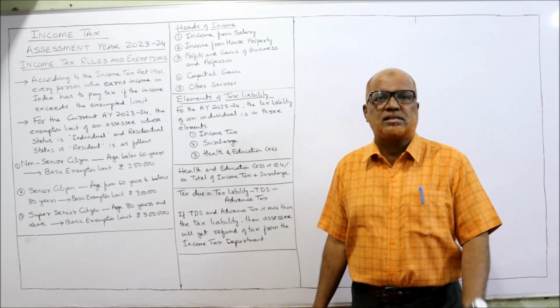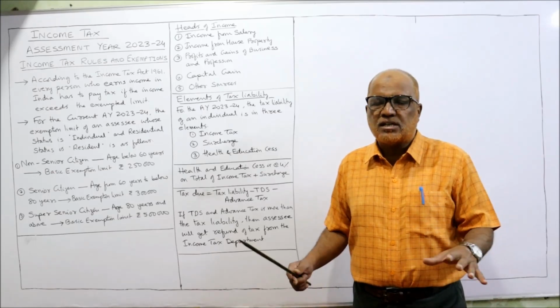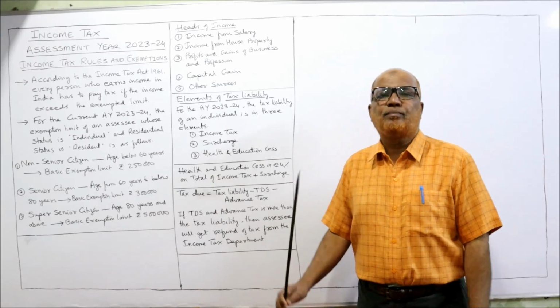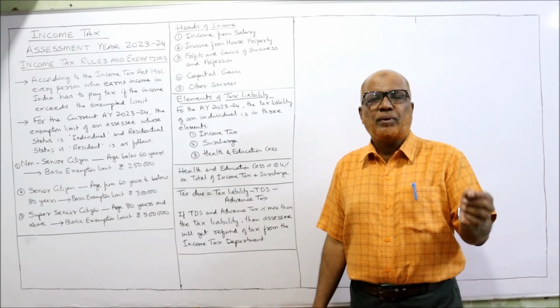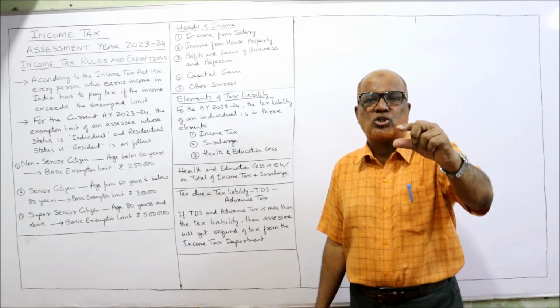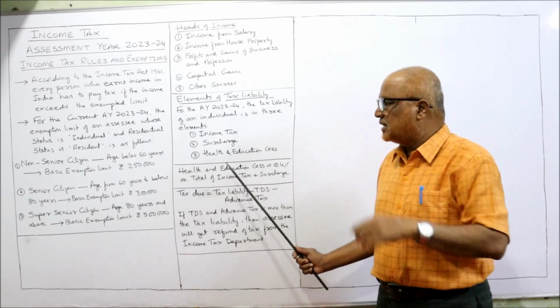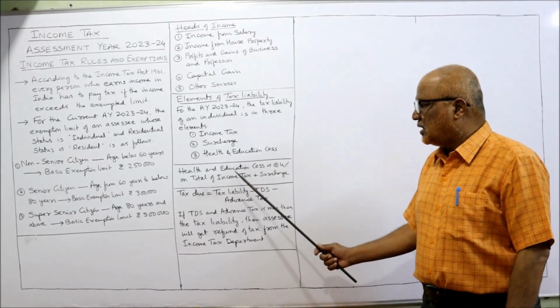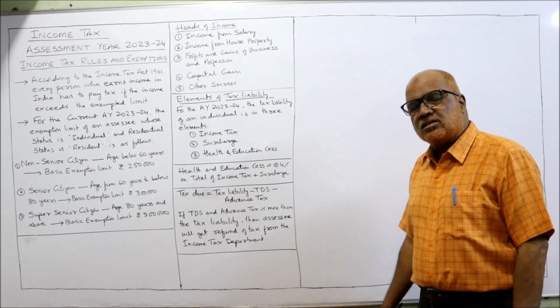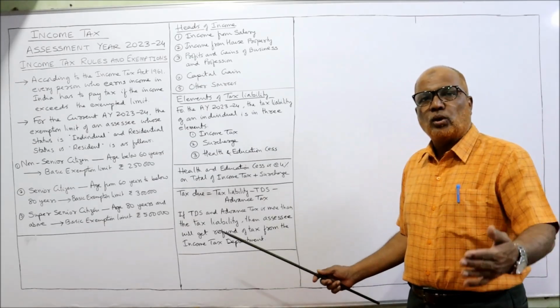That is compulsory. Even if a person does not have surcharge on the basic income tax, we calculate health and education cess. If a person is having surcharge also, add basic income tax plus surcharge. On that total, 4% is the health and education cess. Then health and education cess is 4% of total income plus surcharge. Tax due. So how much is the total tax due?